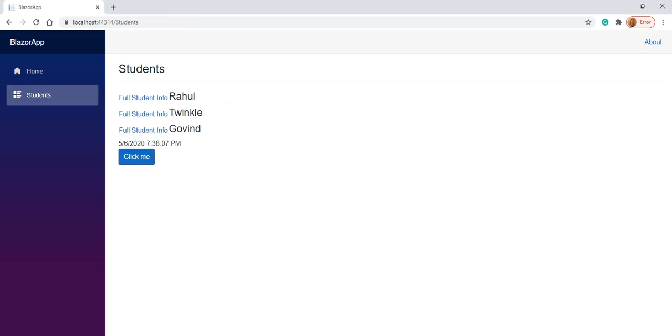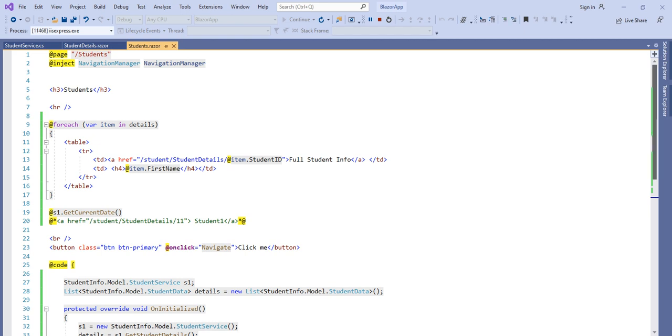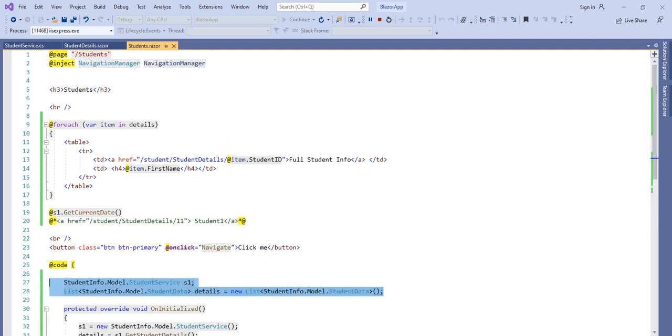Currently this information is coming from a service, where we are creating an object of the service and utilizing it. Now we will create a service, inject this service, and as a dependency we will utilize this information.